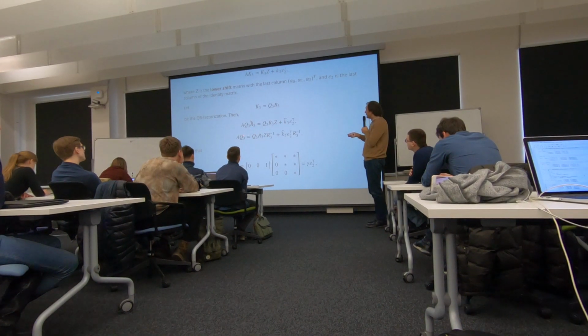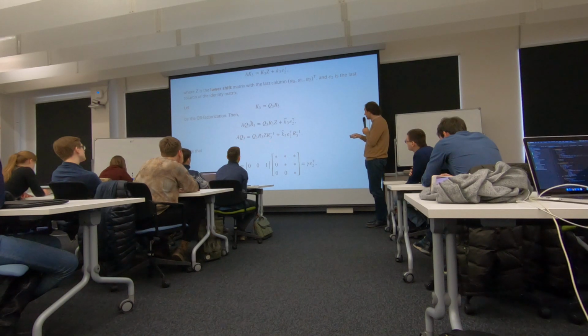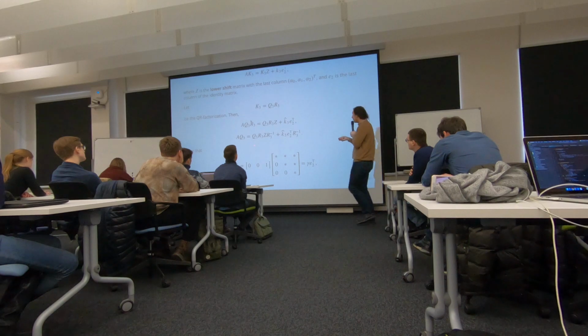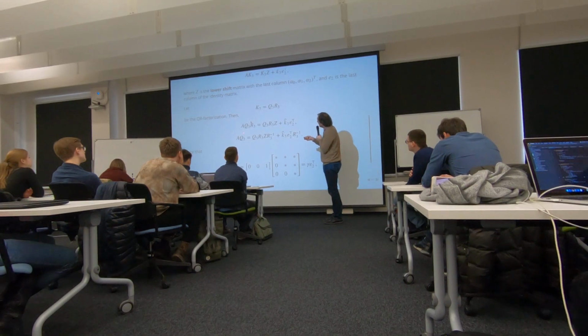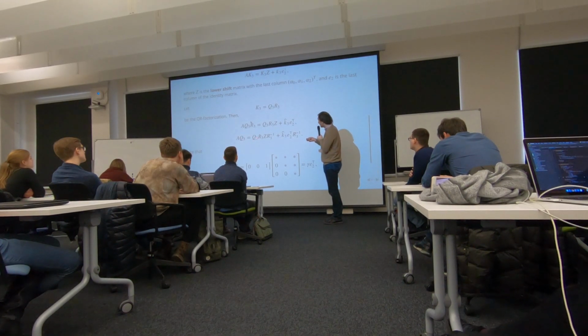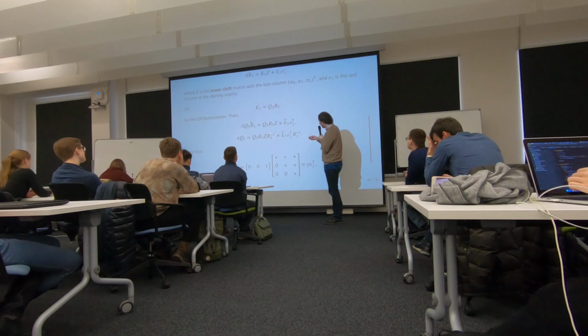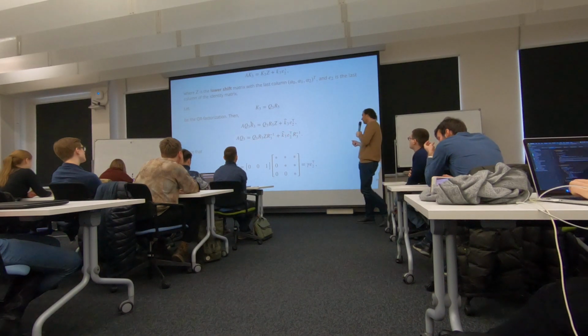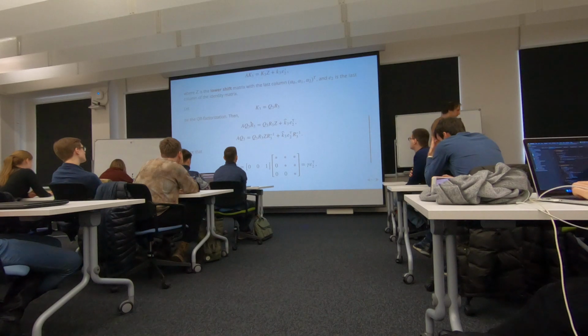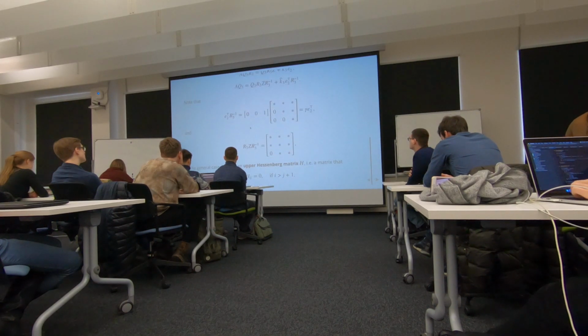And then we multiply by R3 minus 1 from the right here. And that's almost what we wanted: A times Q3 equals Q3 times something plus a rank 1 correction. And both of these terms have special structure. So the rank 1 correction is